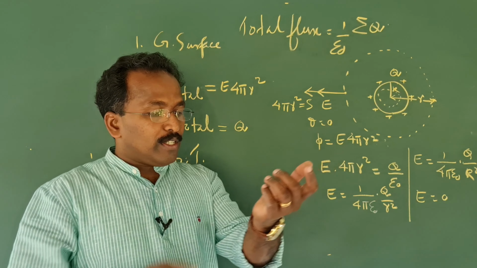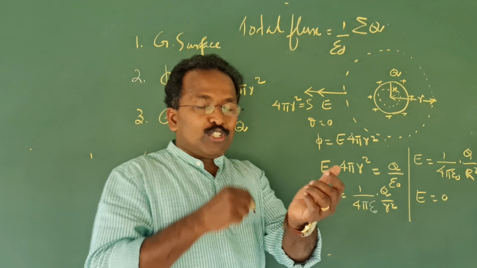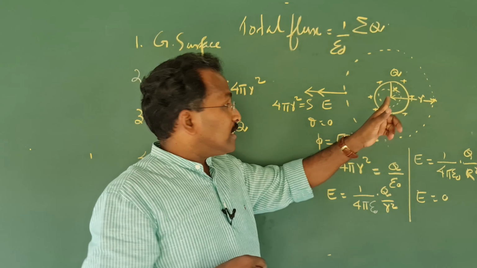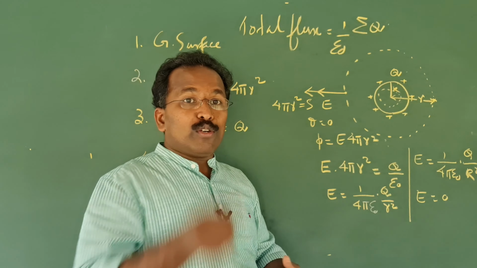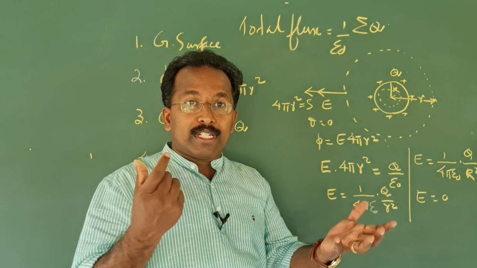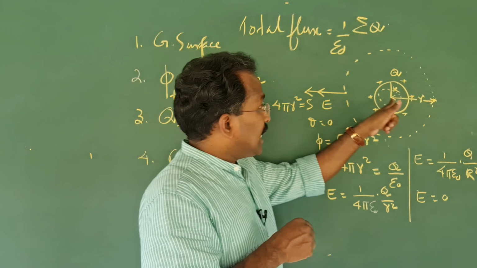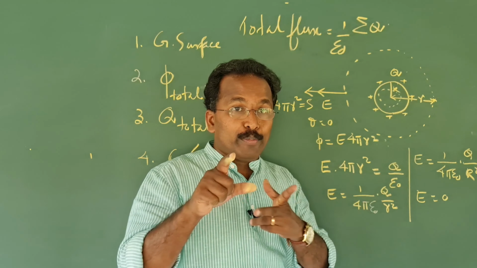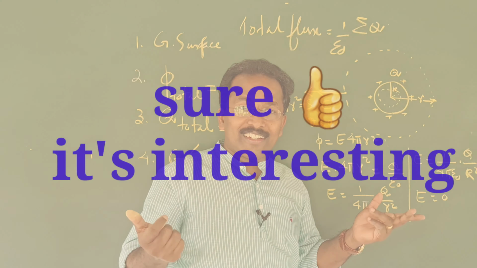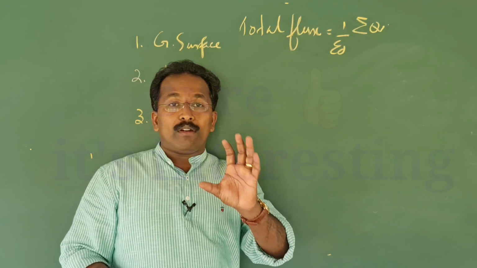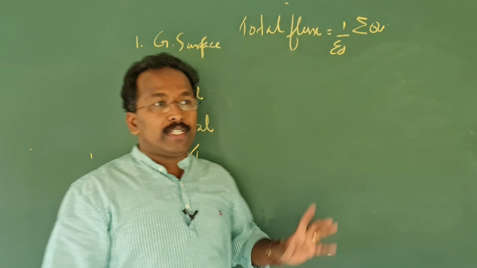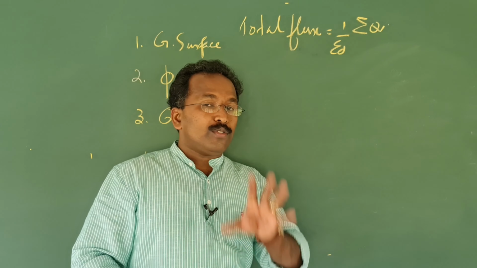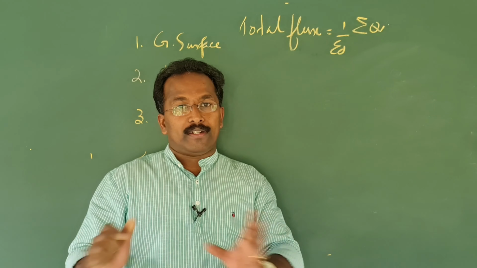Suppose you have a very precious watch which should not be exposed to the electric field and you are going near a charged conductor or you are going to charge it. Where will you keep your precious watch? You can keep the watch inside this shell and go on charging it. No problem. I hope that's an interesting thing. So with that we are completing all the three applications of Gauss theorem using the same template. I hope it is easy for you to study and recollect in the exam hall.